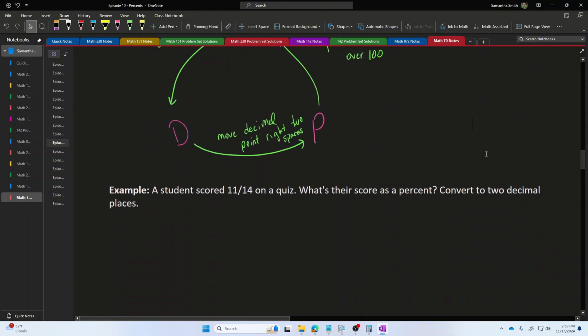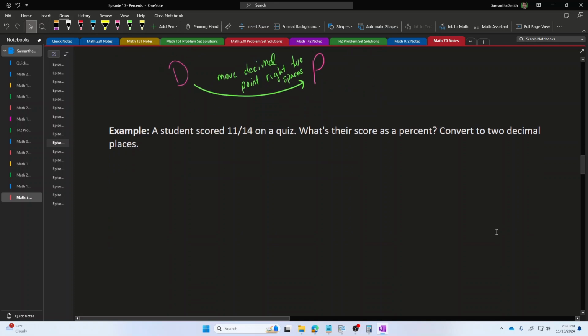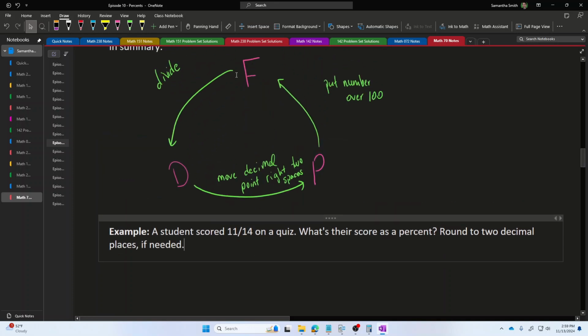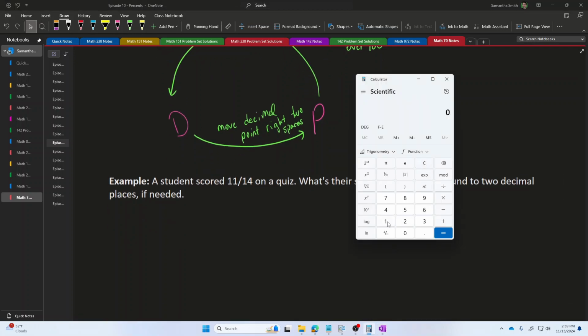So, for example, if I give a quiz and it's out of 14 points, and a student earns 11 out of the 14 points, what would this score be as a percent? And let's write it at 2 decimal places. I should say round to 2 decimal places if needed. If I want to convert this fraction to a percent, the first thing that I would do is divide to turn it into a decimal number. So I'm going to go to the calculator and I'm going to say, calculator, what is 11 over 14? 11 divided by 14 is